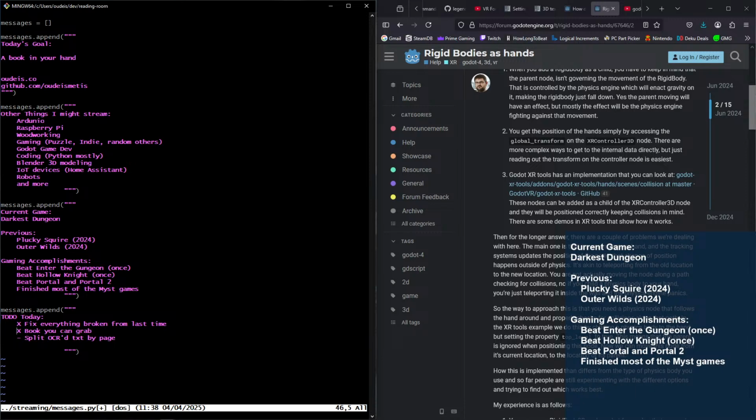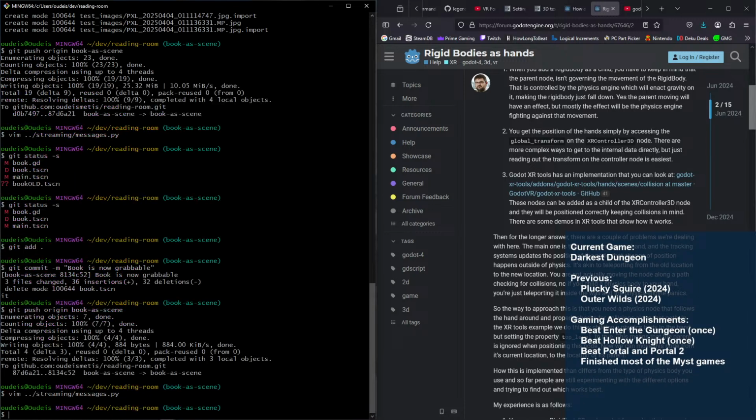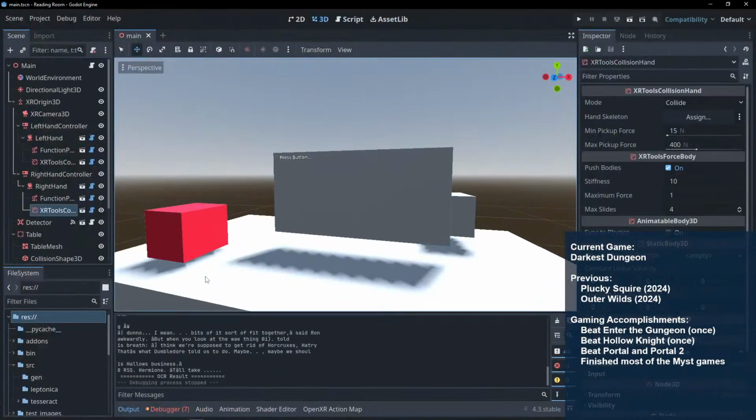Now we're on to the fun part, which is splitting the text by page. I may stop here though. We'll see. Let me take a moment to think about it. I am at exactly 2 hours of streaming. So